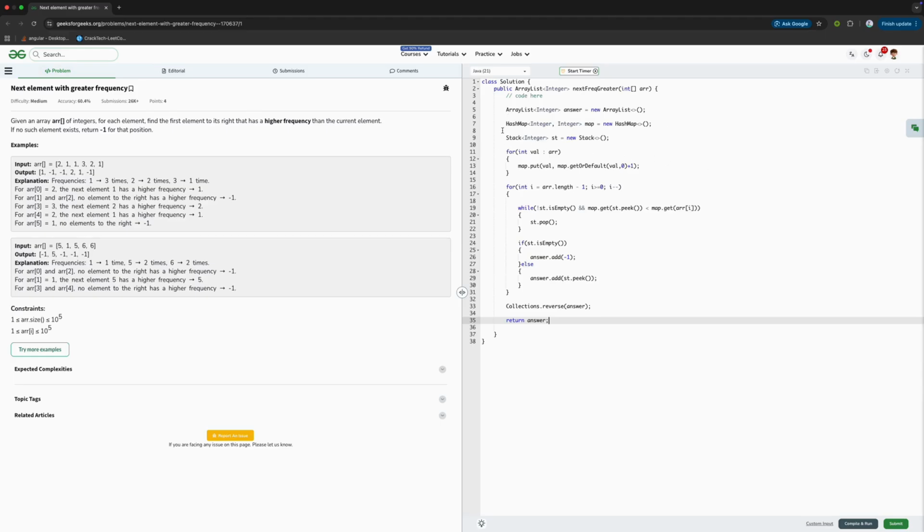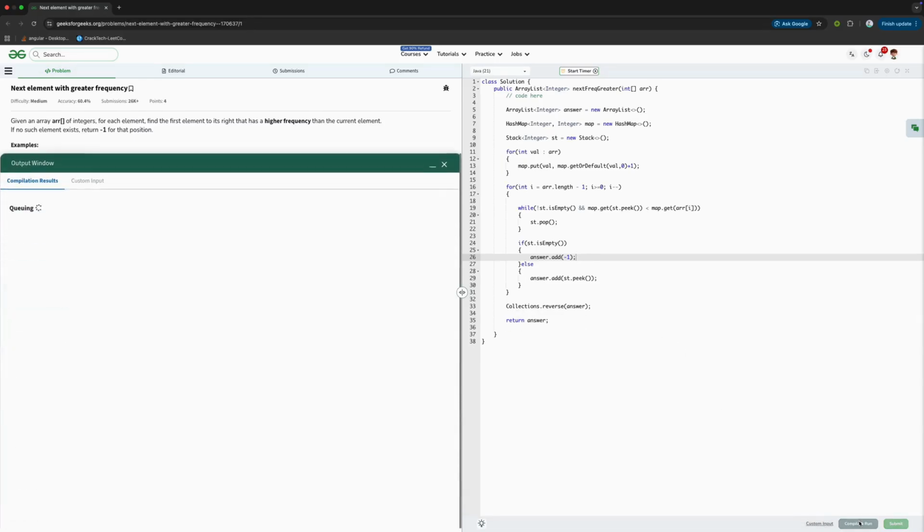So we have taken an array, in that a hash map, and we have taken a stack, in which we are putting the values. Now we are iterating the loop from the end, i is n minus 1. We can write it as n minus 1 also, in a variable we store it. Then we are running a while loop while our stack is not empty, and we are checking if our stack.peek frequency is less than our current frequency. So we're gonna pop it out from the stack. If our stack gets empty, then we are adding -1 to the answer array list, meaning the stack is empty or we haven't found the value. Else we are adding answer.add stack.peek, the value, and we are reversing our array list, and then we are returning the answer. So if we compile it,